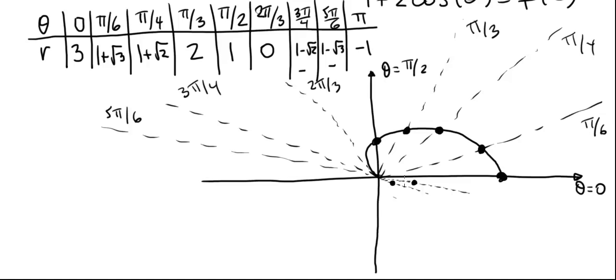And at pi the value is minus 1, so we go 1 unit in the opposite direction. It takes us right over here to the point (1, 0). And so now we can sketch the rest of the graph. It comes in through like that. And of course we have the direction with which the graph is created, in the direction of increasing values of